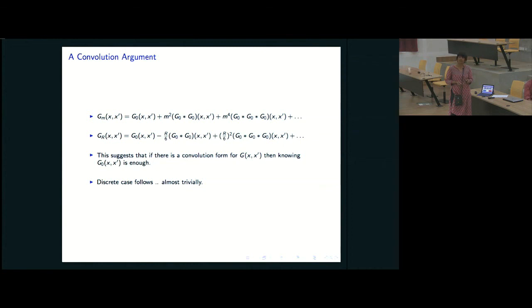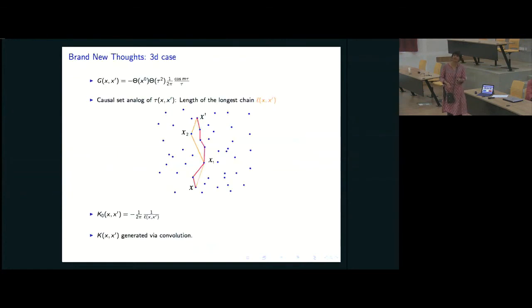Then essentially what it's saying is that from this argument, all you needed to do was to be able to construct the simpler version of the Green's function. And then you can pump it up to a slightly more complicated case via convolution, and it works only when such a structure is present. All the flat spacetime examples, the reason they seem to work is because of this. So let me just end with some brand new thoughts, literally very brand new.